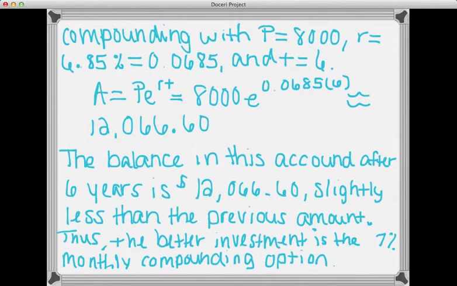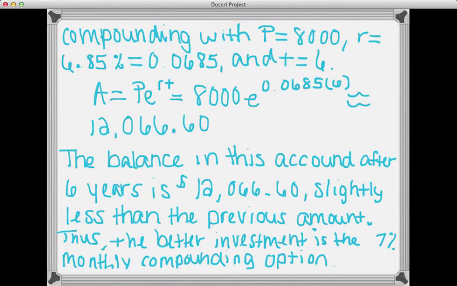For the second investment option, we'd use the model for continuous compounding with P = 8,000, r = 6.85%, which as a decimal equals 0.0685, and t = 6. So now you're going to use the formula for continuous compounding, which is A = Pe^(rt). Again, you're just plugging in numbers. P would be 8,000, your r would be 0.0685, and your t would be your time, which would be 6. When you plug that in your calculator, you get